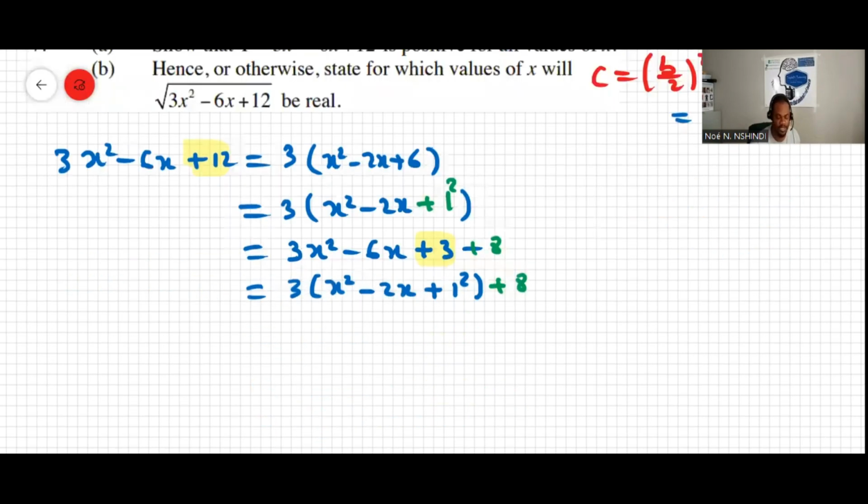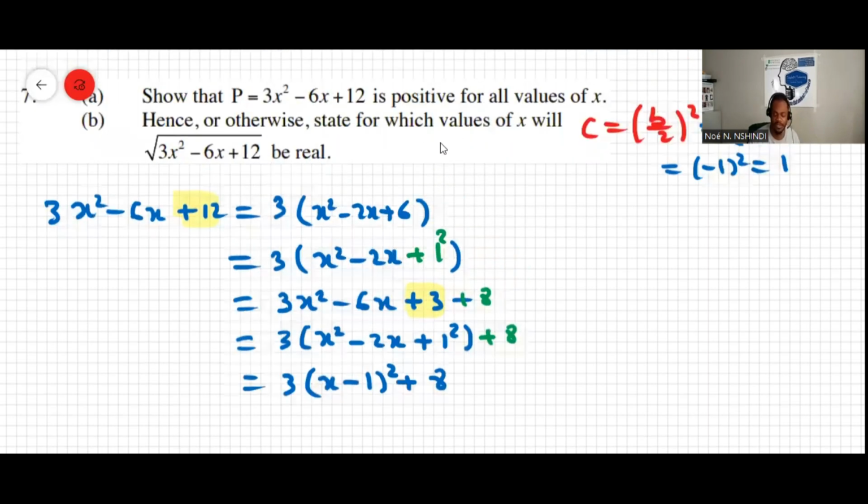So this will be 3 open bracket x minus 1 to the power of 2, because you take only the basis, plus 8. Now, the question says to prove that it will always be positive. So we look at this. This part is